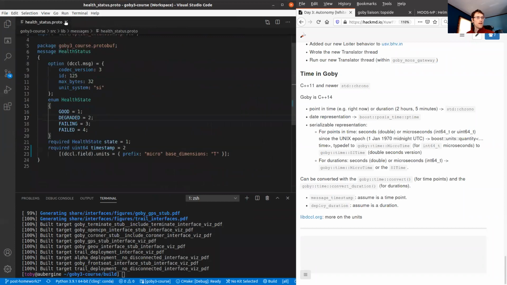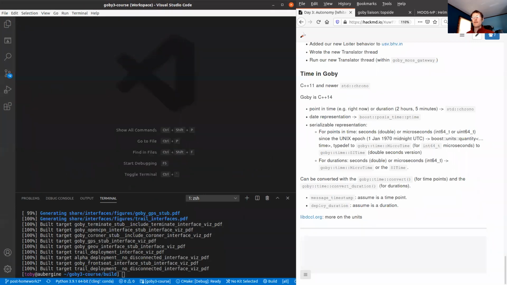So let's take one last look through each of those pieces of code. So we've got publishing our USB command message. Let's make sure that we've got that.